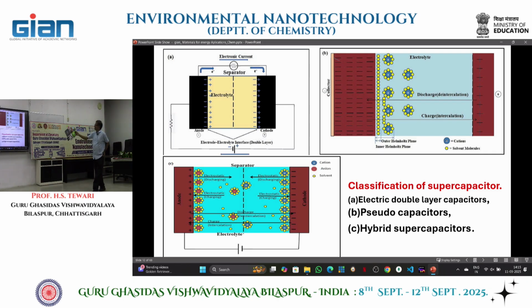So these are three types of supercapacitors. First one is called electric double layer capacitors, second one is pseudo capacitors, and hybrid is in between these two. Both mechanisms are used. So you can see